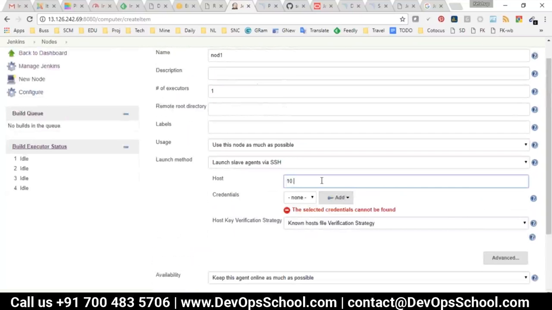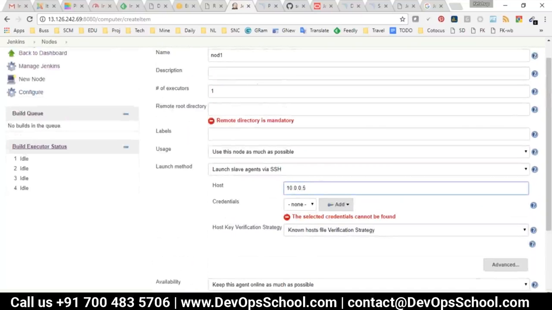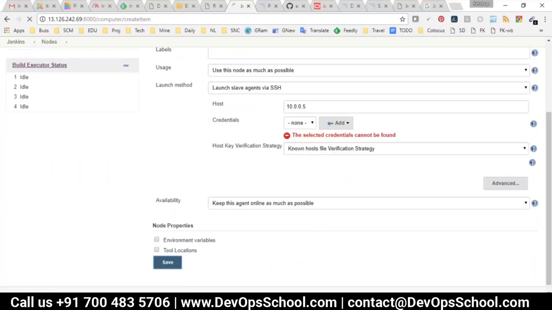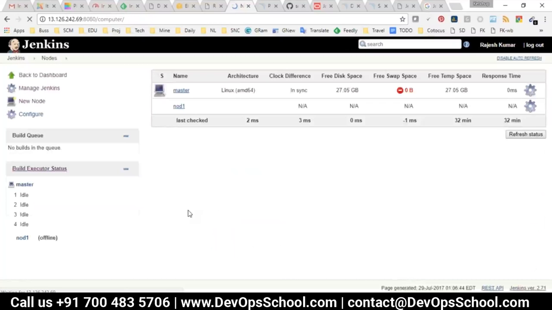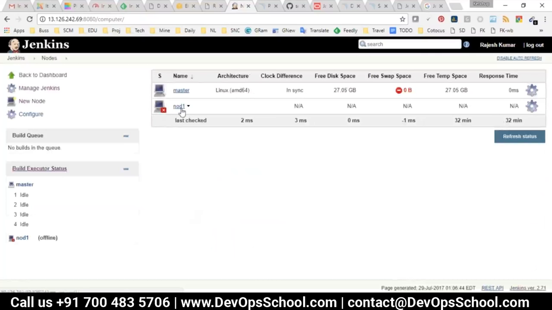Okay. Now let's put 10.0.0.5. This is not a valid machine, but I'm just setting it up to show you. Done. So now you can see that the node is set up, but it's not connected. Why? Because I gave